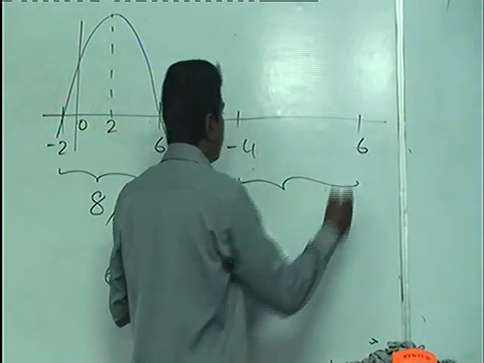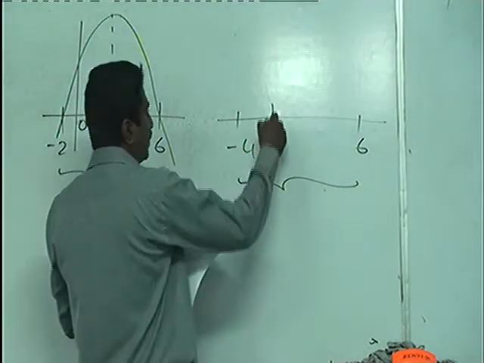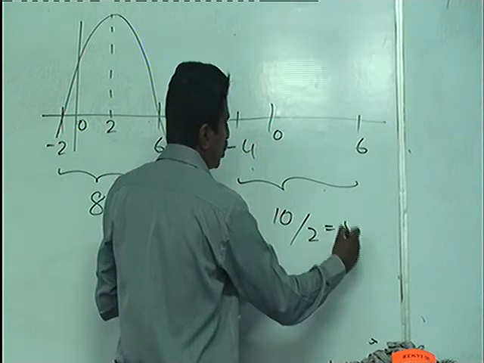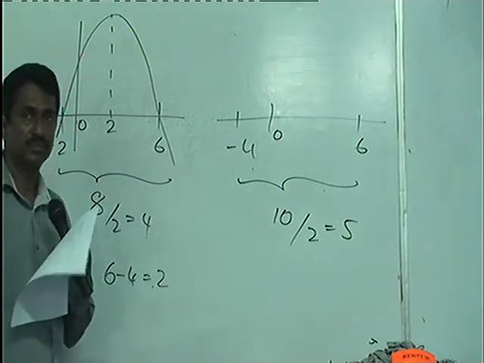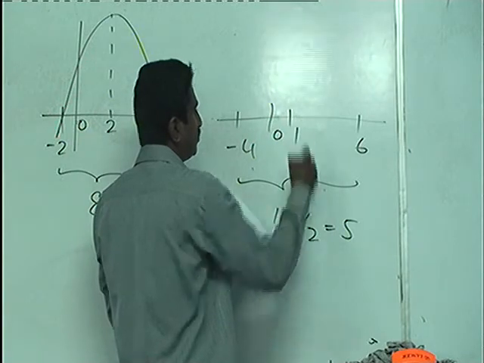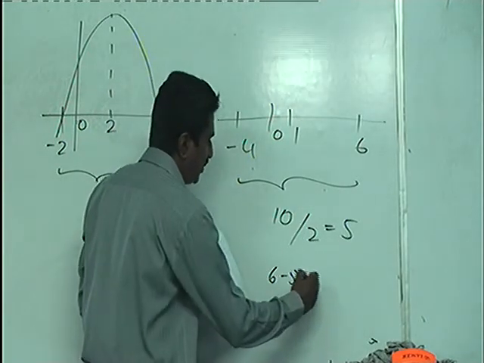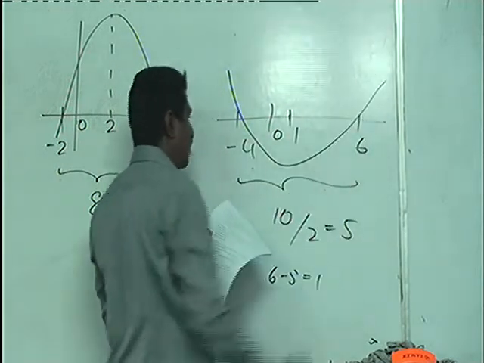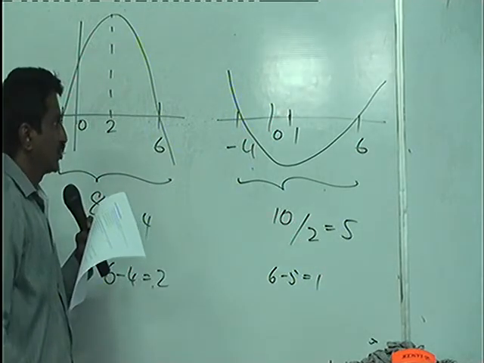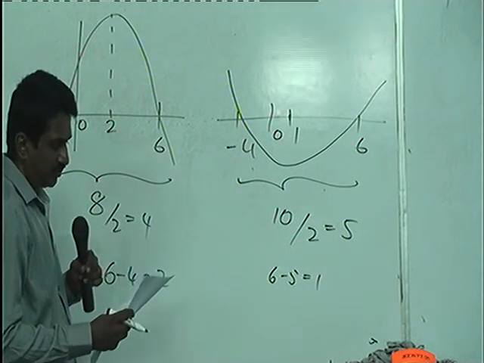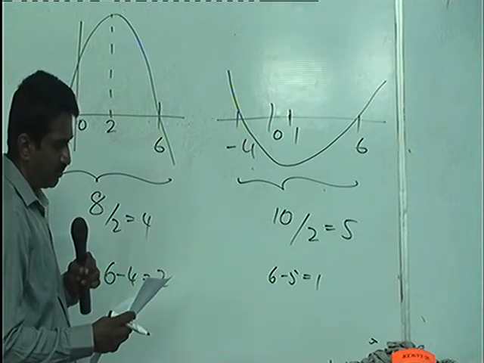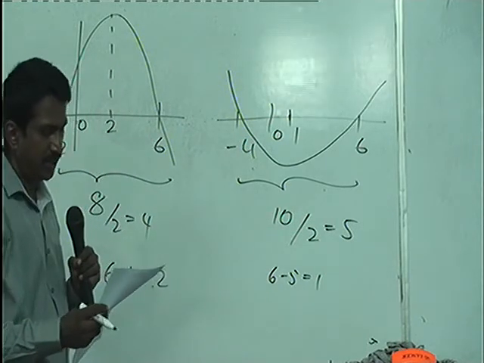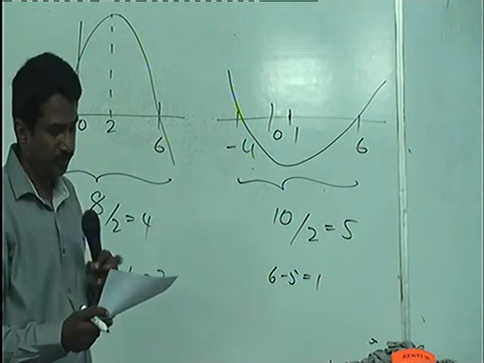What is the total gap? 6 plus 4 up to here. This is 0. So 6 plus 4, that should be 10. 10 divided by 2 should be 5. That is the middle. So 6 minus 5 should be 1. Here, 1. So maybe here you are getting the negative value, minimum value. So the minimum value at x equal 1, answer number B. That's the second one. It has the minimum value at x equal 1.